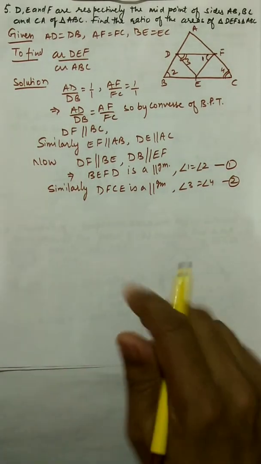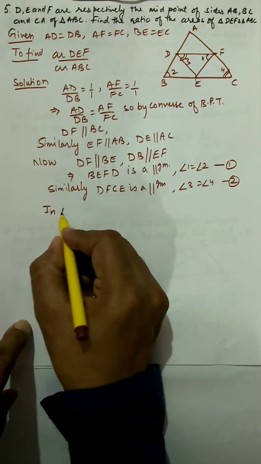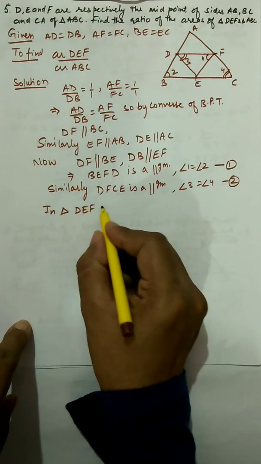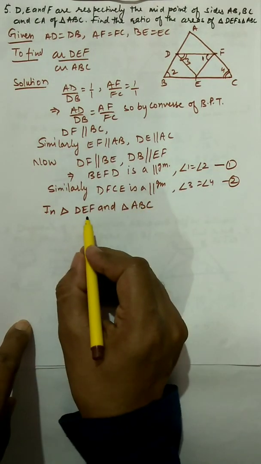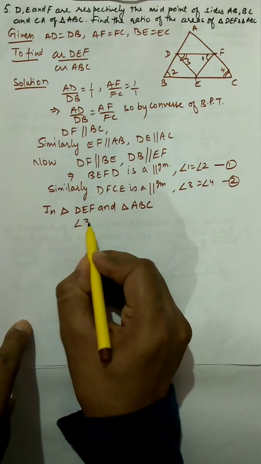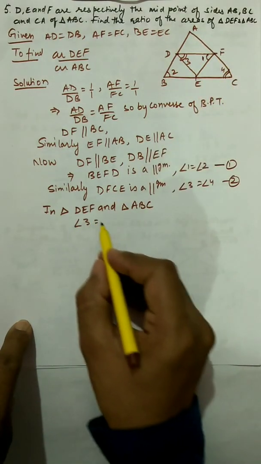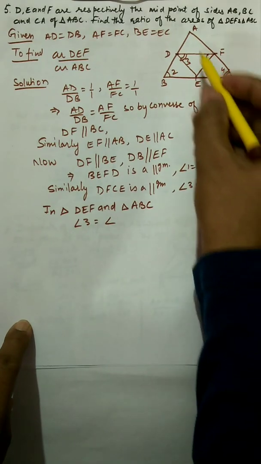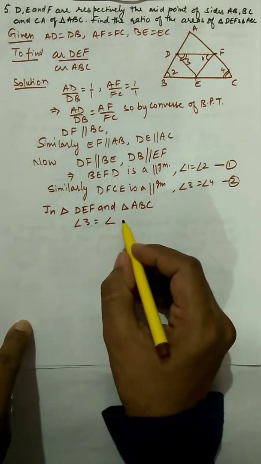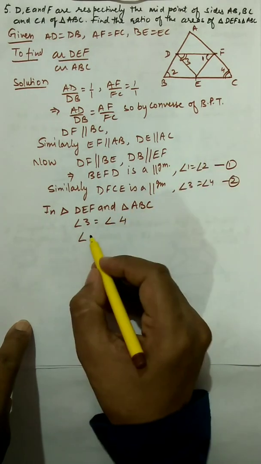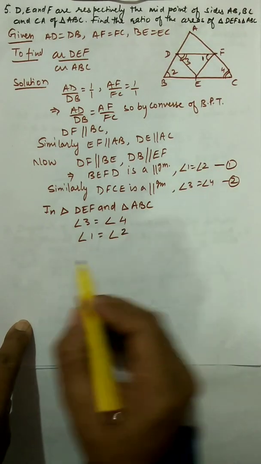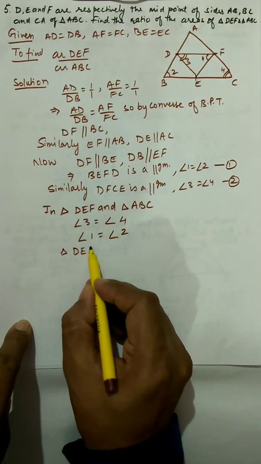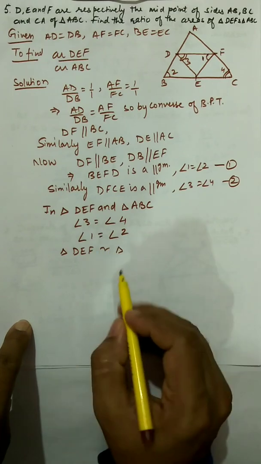Now we come to triangle ABC and DEF. So in triangle DEF and triangle ABC, take one angle of DEF, this is angle 3 of DEF, and angle 4 is also an angle of triangle ABC. So this is there, and take angle 1 of DEF, and this angle 2 is equal to the angle of ABC. So you can say these two triangles, DEF is similar to triangle